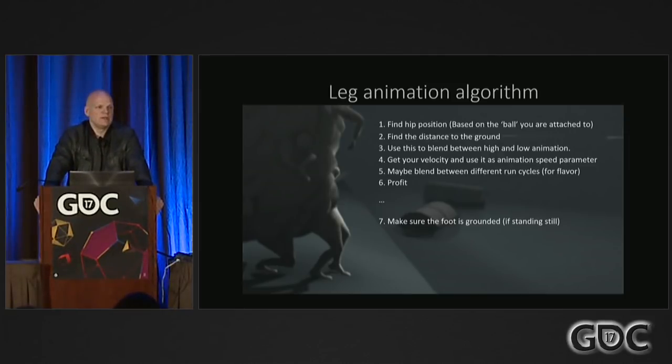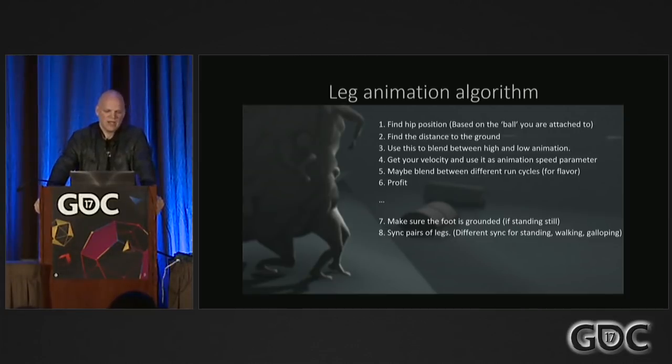Like, for instance, when you're running and all of a sudden you stop, then the animation will be in some arbitrary position. And if it's in the air, no one is standing with their feet in the air unless they are a guru. So in that case, we could blend into a pose in the animation where the foot is on the ground. And also, the legs should be synced differently. When the Huddle is standing still, the legs should be together, because that's what most people do. But when it's walking, they should be as far apart in the animation as possible, because people don't jump normally,